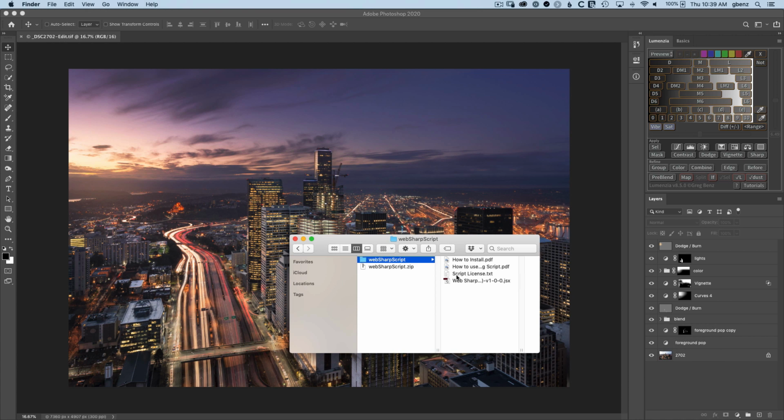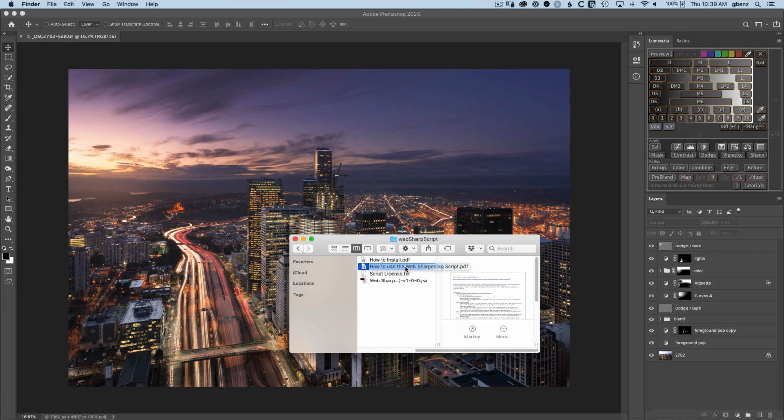In addition, we have these script license terms. Make sure that you open that and read that before you actually install or use the software. I'll have a written guide that goes along with this video in terms of how to install. So it's just the written documentation of this video. Of course, this video will be in those files as well once I'm done recording it. And then lastly, I'll include some documentation on how to use the script itself once you've begun to run it